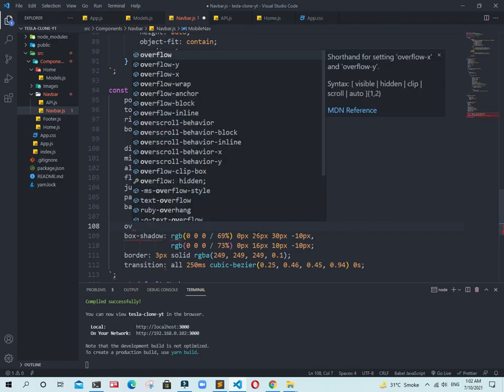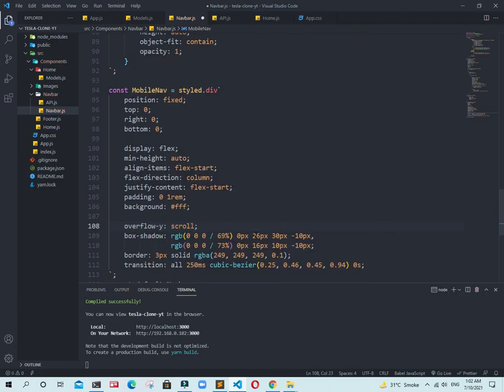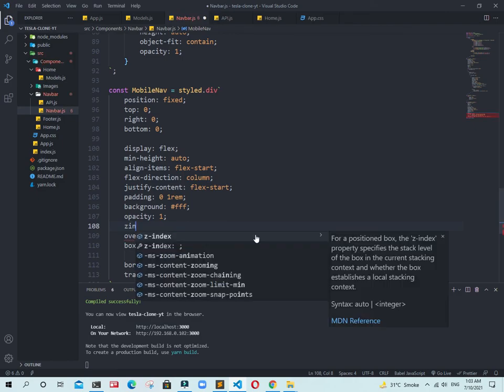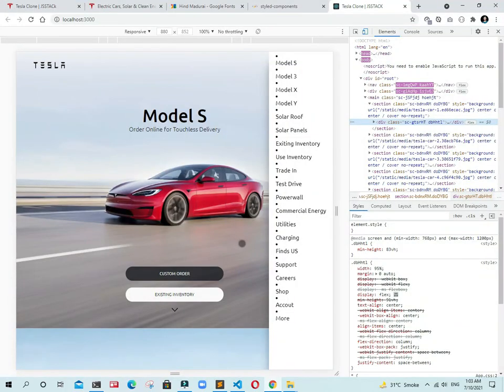Instead of overflow, just add overflow auto, because we need scrolling on small screens. Add opacity 1, and add z-index 2000. Yes guys, 2000.